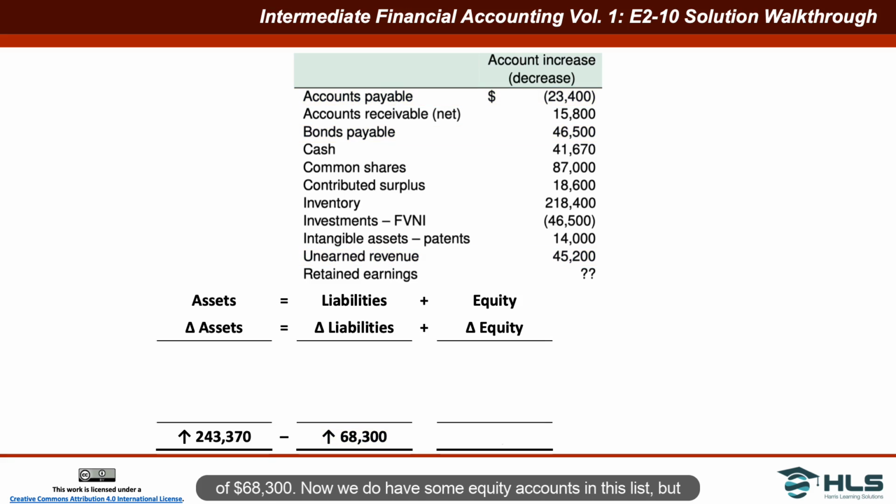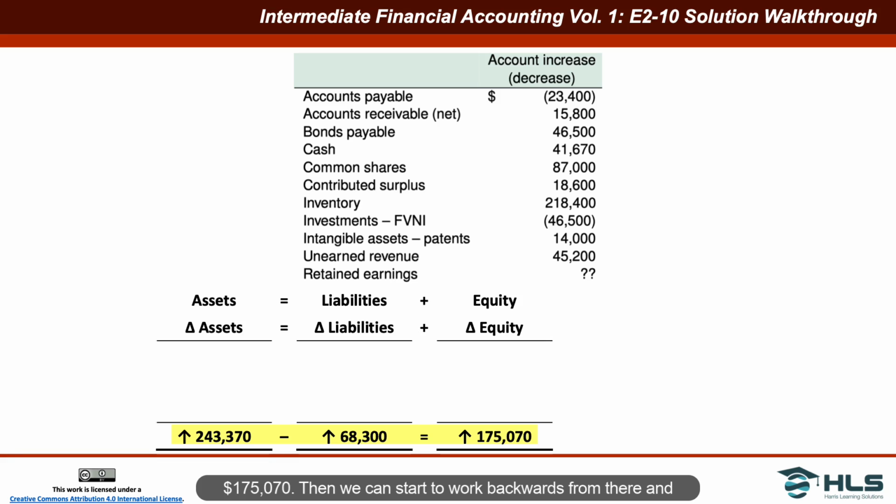Now, we do have some equity accounts in this list, but we don't have retained earnings. So we really can't add all of the remaining equity accounts up to determine what the net change in equity is, because we don't know the retained earnings. But what we can do is figure out the net change in equity by taking the change in assets minus the change in liabilities. So if we have an increase of $243,370 in assets and subtract the increase of $68,300 for liabilities, that means equity had increased by